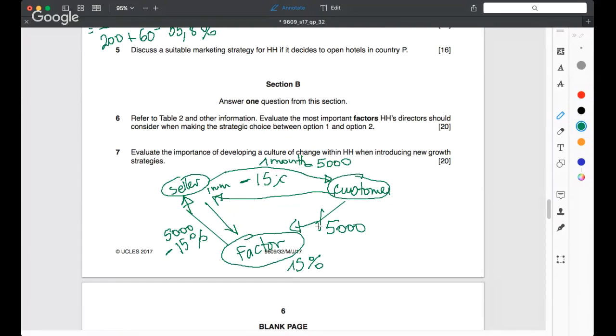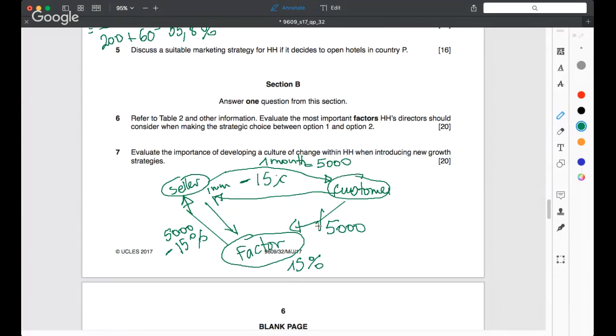The experiences of their employees. So 35% of their current employees know about working in foreign hotels, whereas only 18% have worked in activity holiday resorts. And when they are having tourists, they're having tourists that are coming from other countries. Yeah. Okay. So what else? And then the main barrier to entry in option 1 is that it's a competitive hotel market in country P. And then option 2 is that they'd have to buy more land around the hotels. So, which one? The barriers of entry are quite